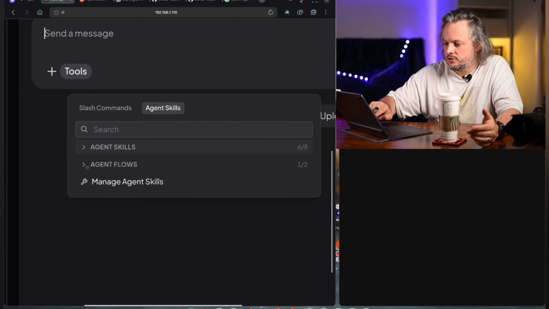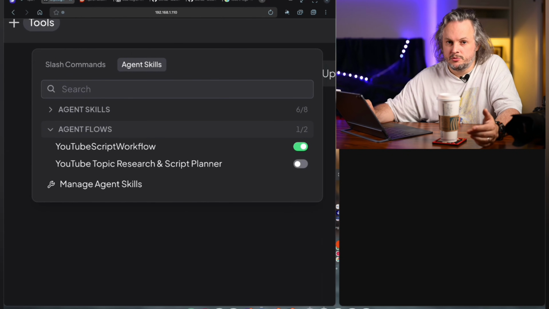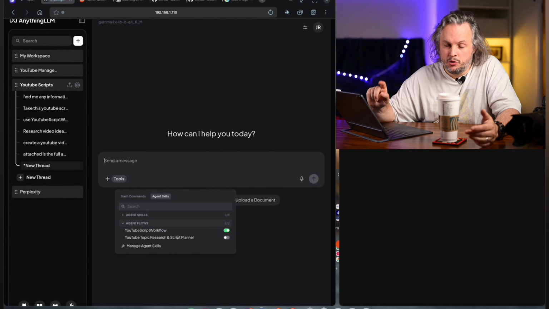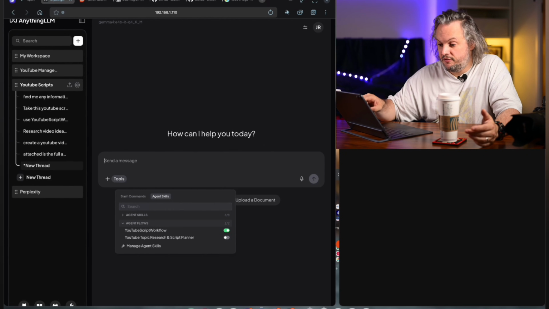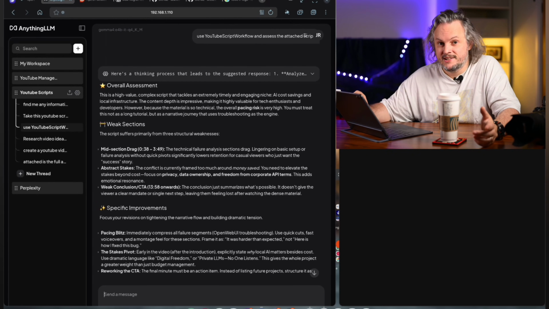But what you can also do is create agent flows. So there's two here where I've got YouTube script workflow and YouTube topic research and script planner. That second one doesn't work very well, it's a work in progress, but the first one actually is not that bad. So for example, I said use the YouTube script workflow and assess the attached scripts, and it was from